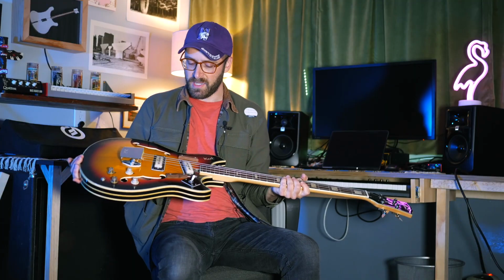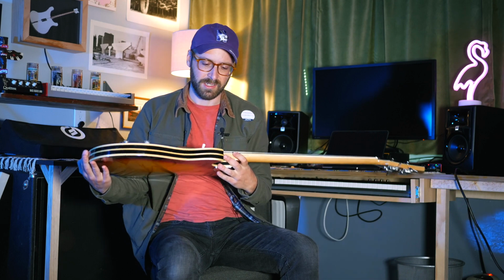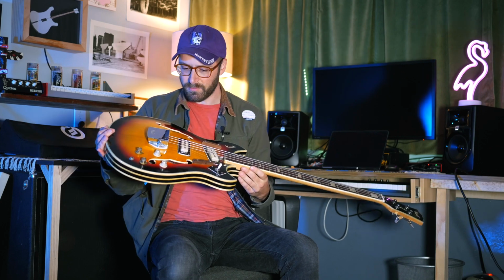So a little bit about this bass. It is another short scale, hollow body, semi-hollow instrument. It's kind of got an interesting construction, something that I haven't really seen before. We've actually got triple binding on this bass, which is really cool, but I can't really tell for sure